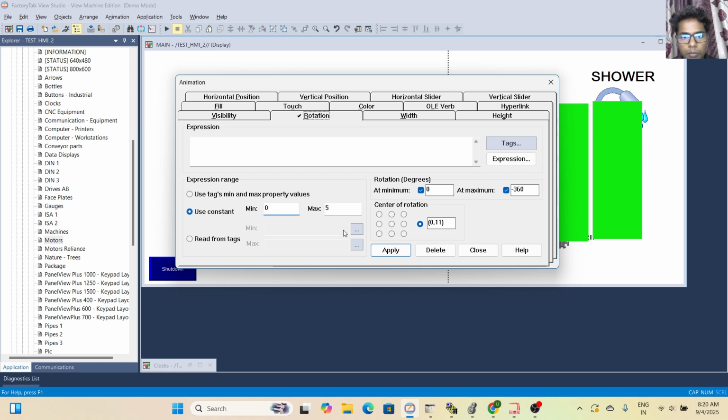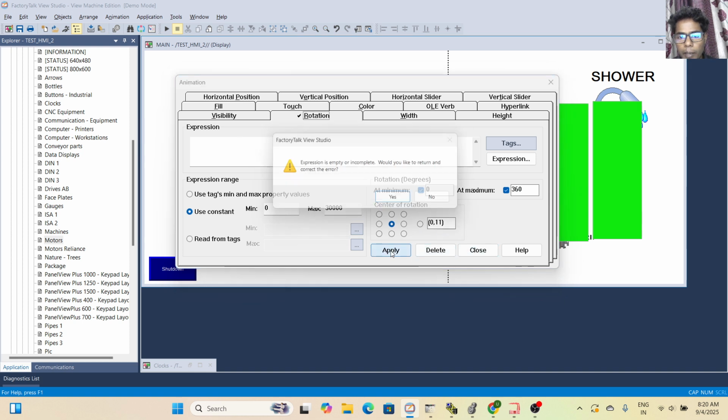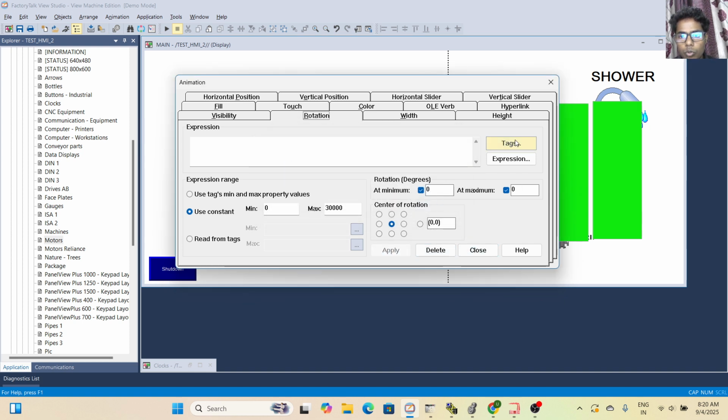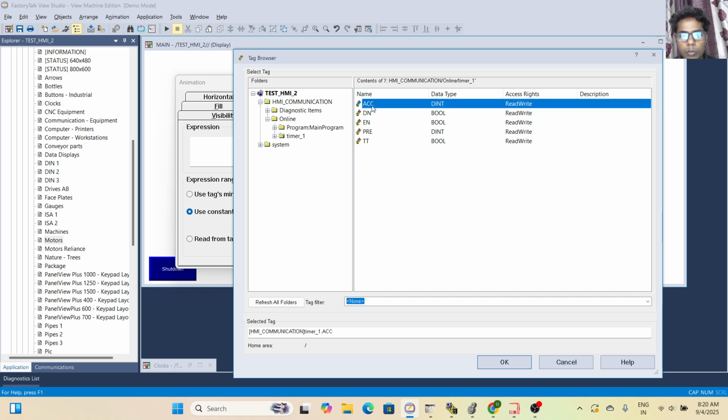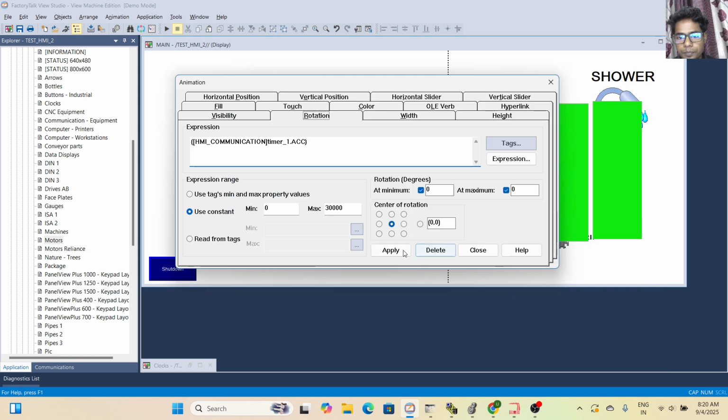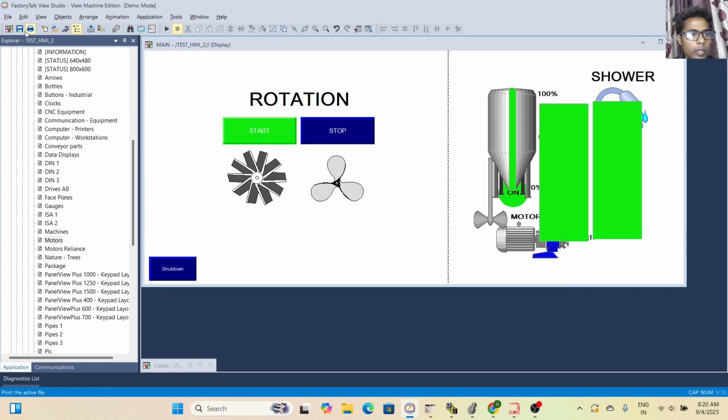It means minimum 0 and max value is 30,000, and the min and max value is 360. Go to the center, then apply, browse the accumulator tag, then OK, apply and close it. Now I have to emulate it.